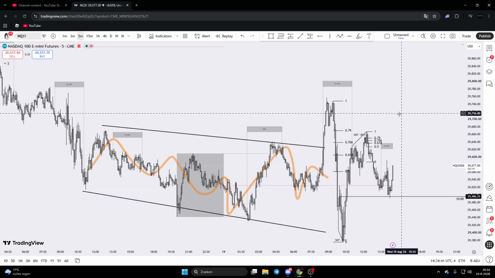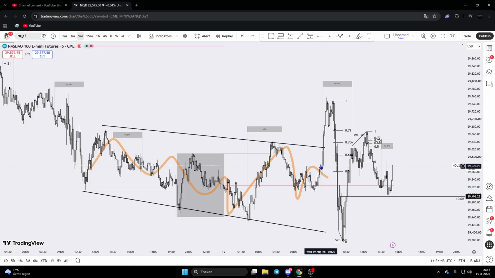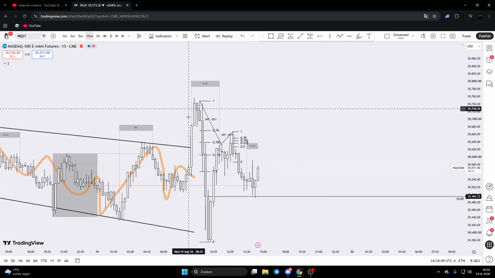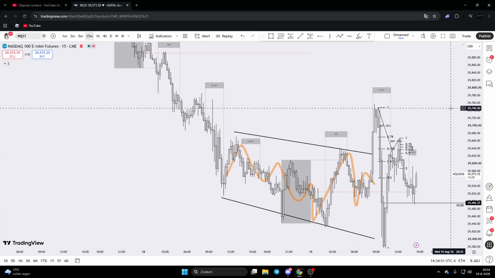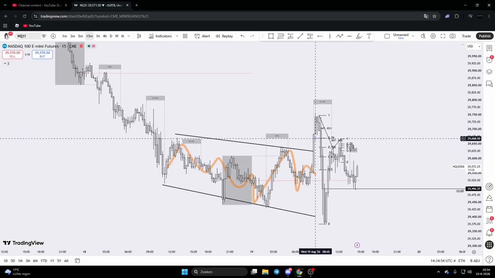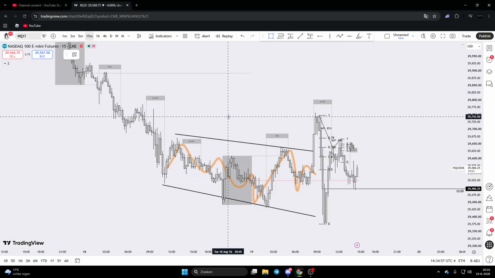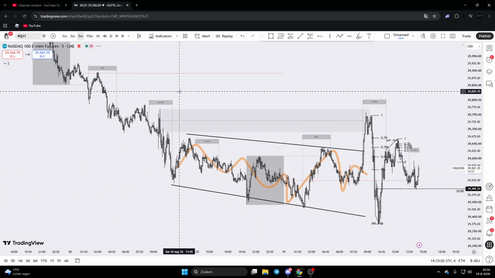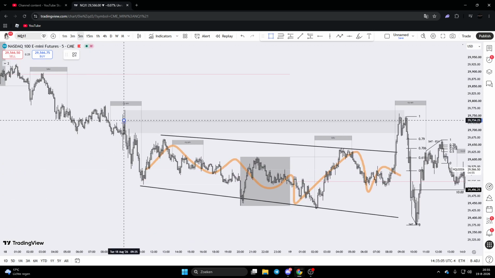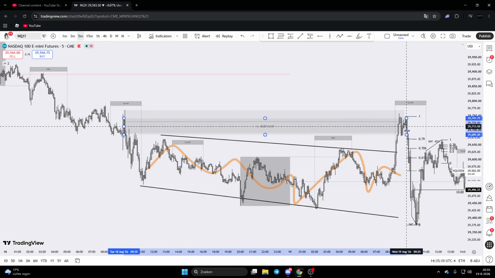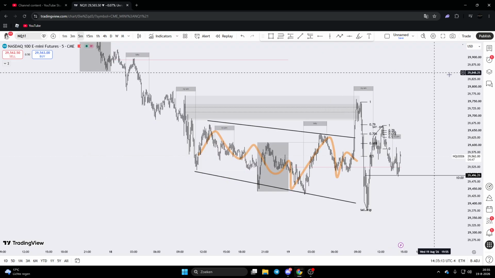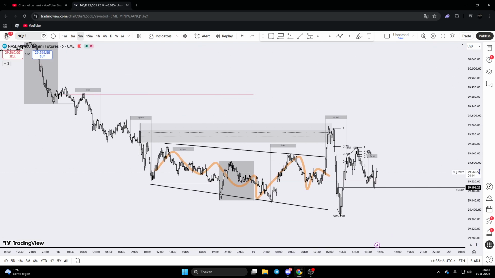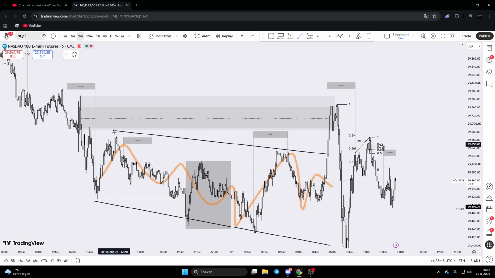So what do we do close to New York opening? We start pumping really hard up. Pre New York open, we start pumping up. And if you look at the 50-minute, for example, you can see this is most likely the manipulation. Where do we manipulate into? We manipulate into a 50-minute RB. We manipulate into a 5-minute OB, which is within the 50-minute rejection block. So we have clear PD arrays that we manipulate into.